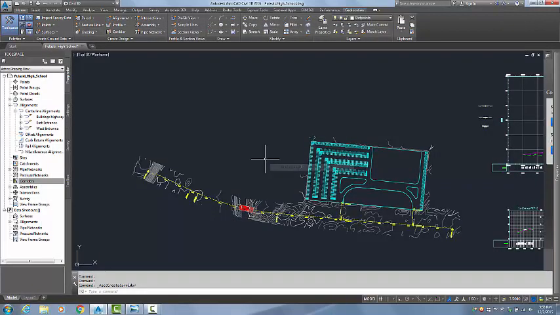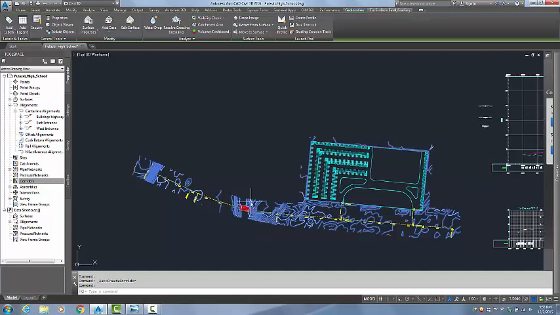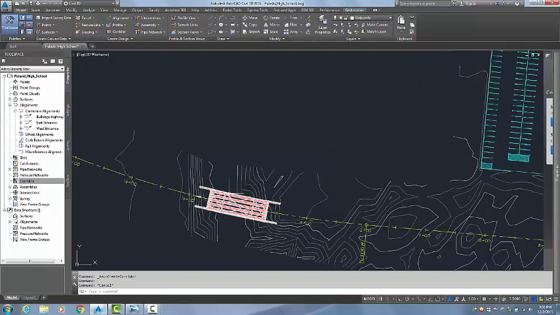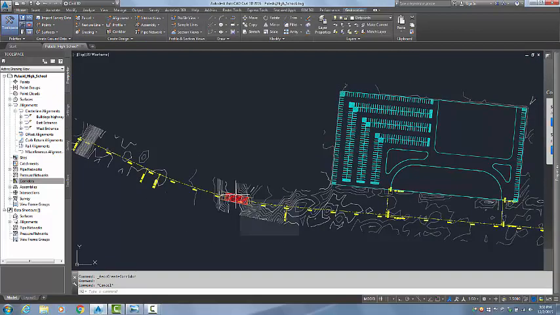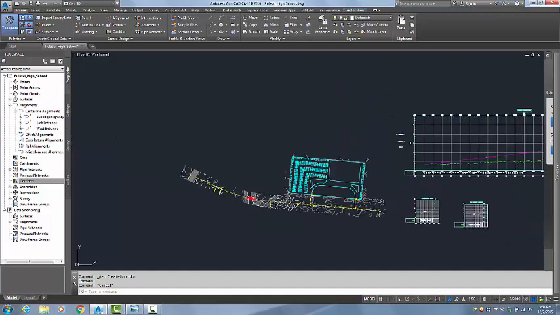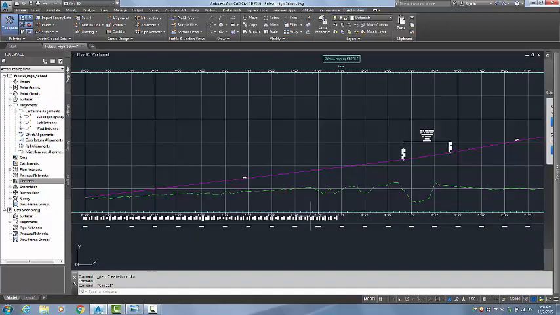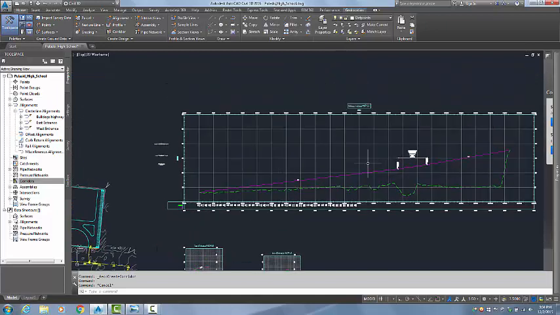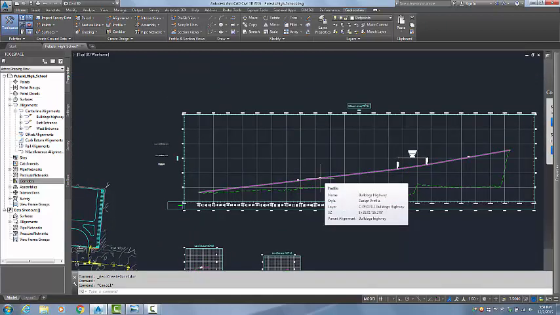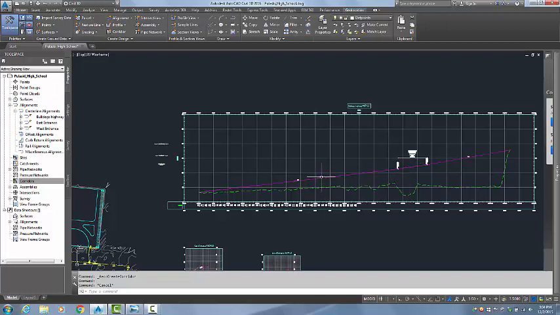That information was brought in as an IMX file, and the objects that were created were an alignment, which I have named Bulldogs Highway, a tin surface, and a 3D model of the bridge. And what I've done with the alignment is that I've gone ahead and created a profile, which I've named Bulldogs Highway, and I've also created a design profile of the road, and I will be using that one for our